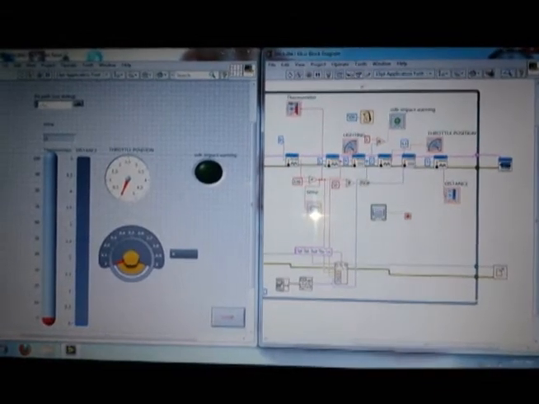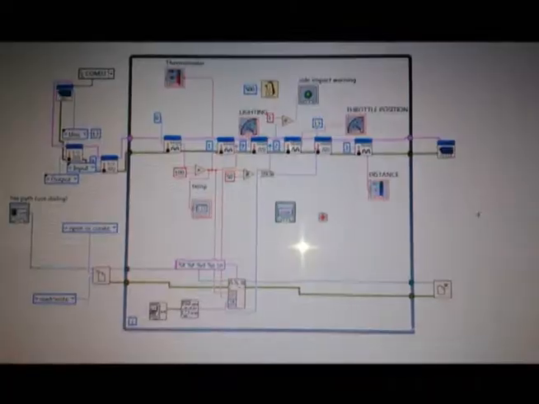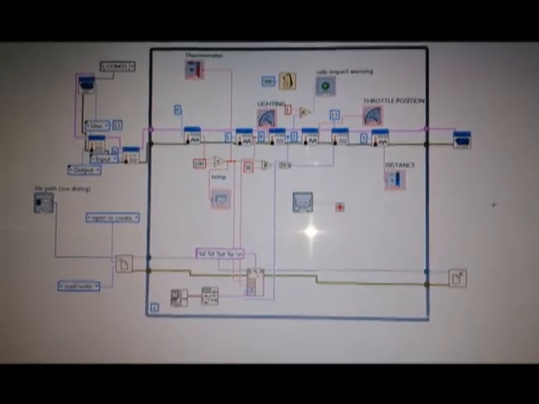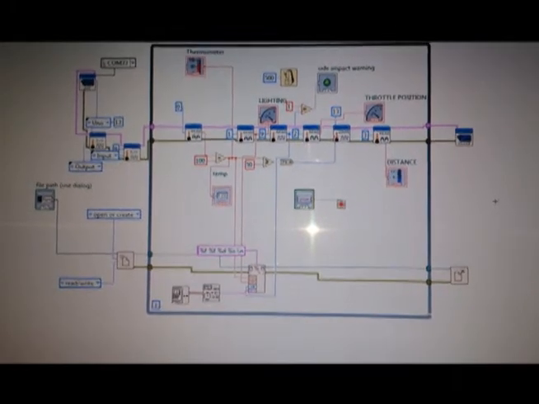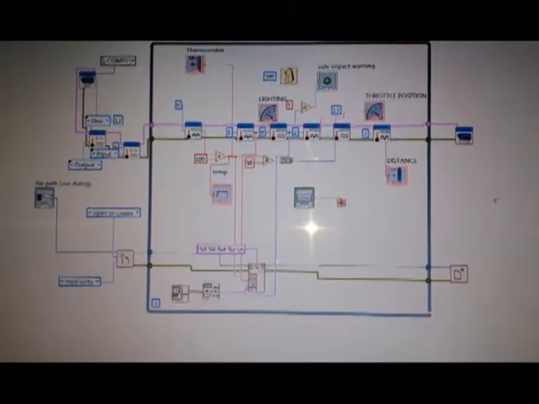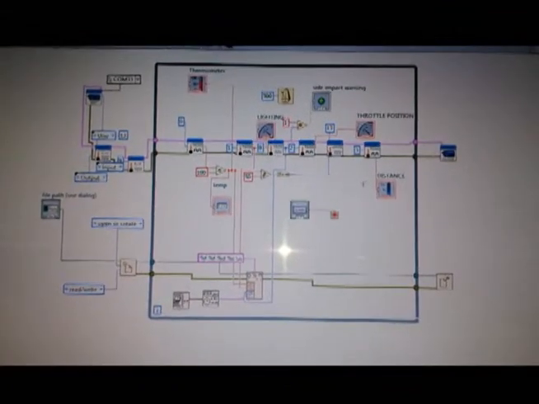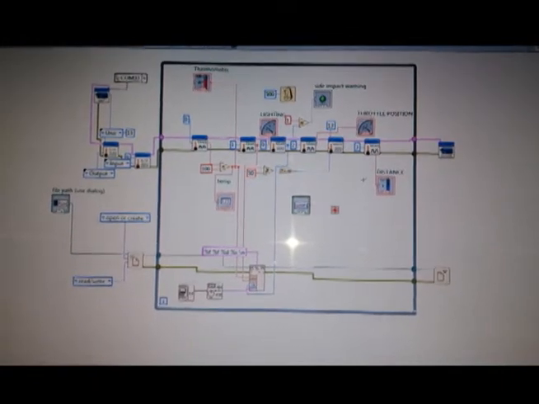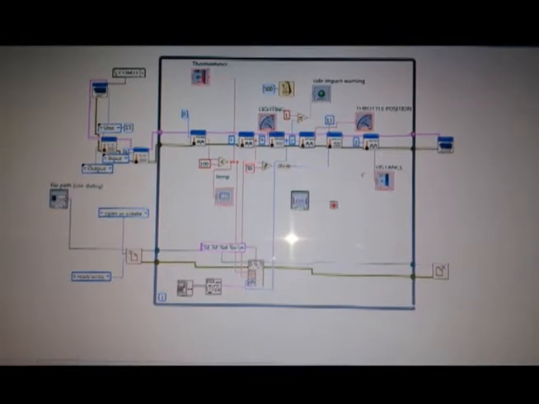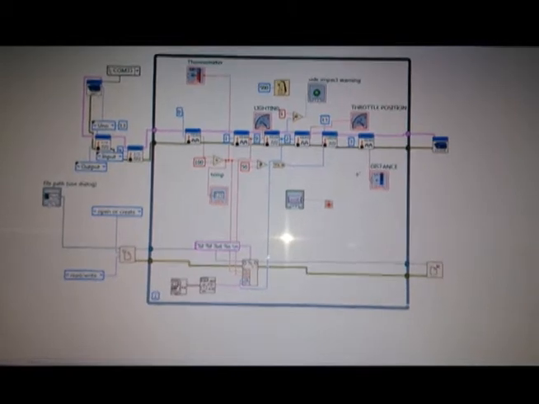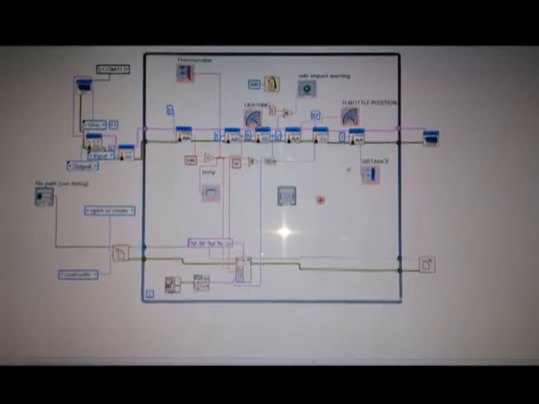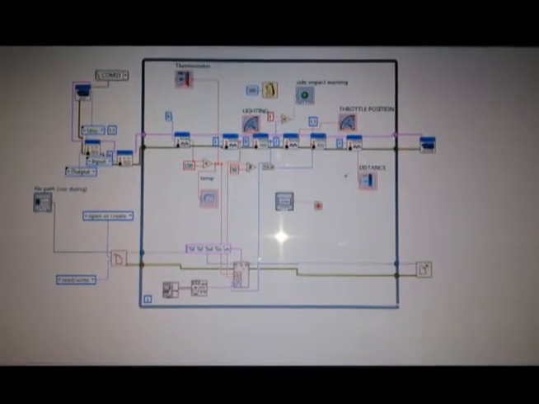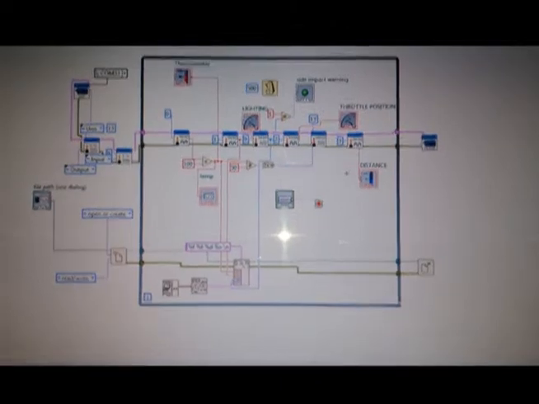This is the VI that we created for the black box that we explained before. The first is the initialization of the Arduino board. The next is we initialize the input and output that we get from the Arduino board. Here we have 4 analog read and 2 digital read blocks. From there, the data is inputted to a block named format into file. After that, we create the path where the files are to be stored. Finally, we have the time and the date function that we get from the system. At the end, we have the close file. That's it.